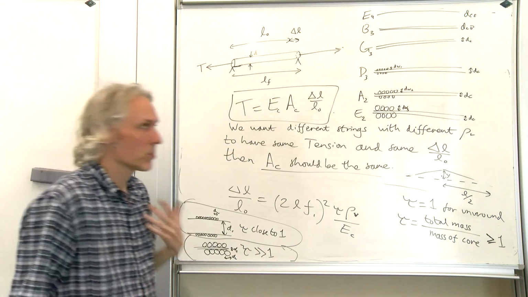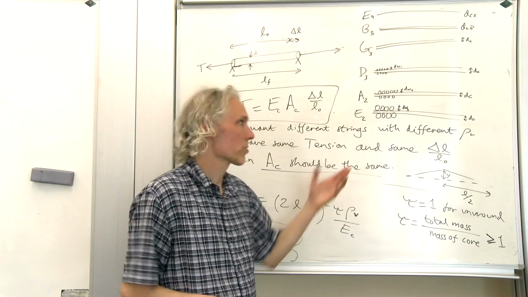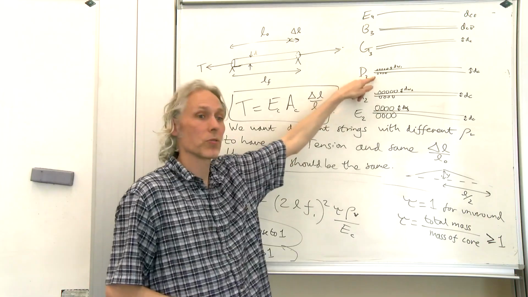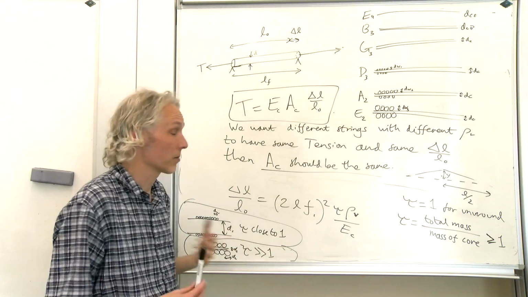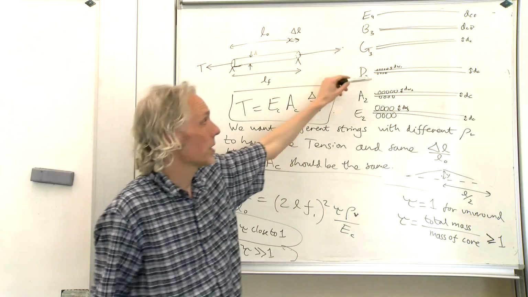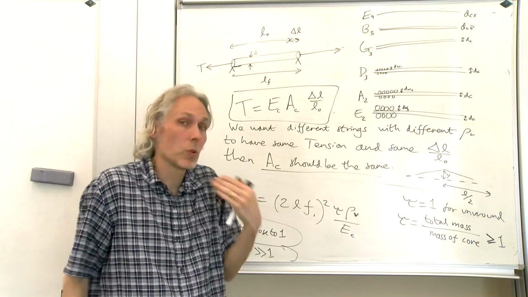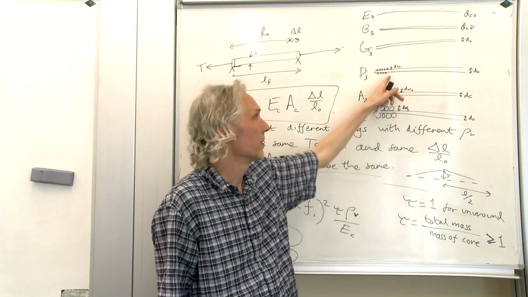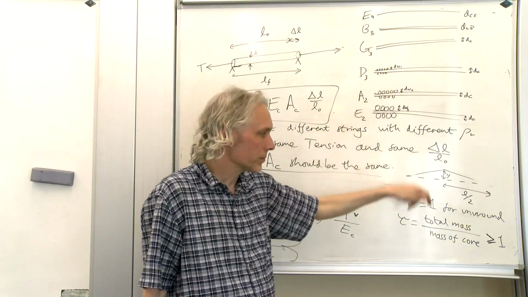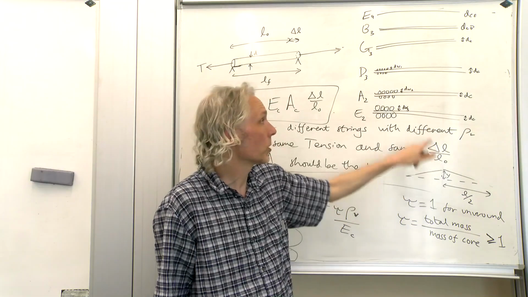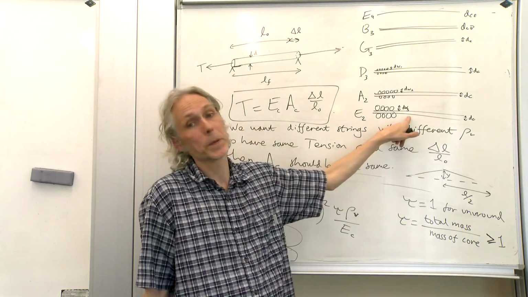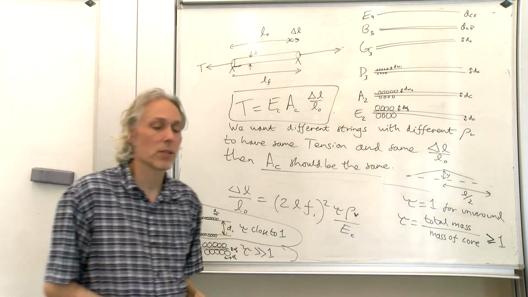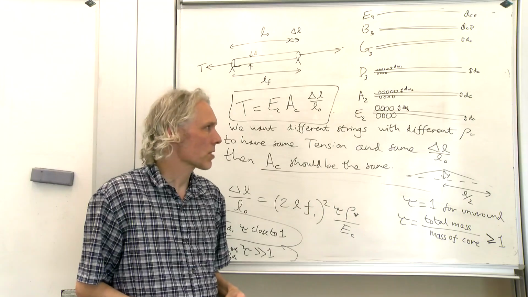Compared to normal strings, most manufacturers will have a thicker core for the E string than they have for the D string. And that means that for most brands of string, when you bend the D string, the Y is going to be bigger to get a whole tone on the D. And Y is going to be very small to get a whole tone on the low E string. Okay, so that's just choices about how to make strings.